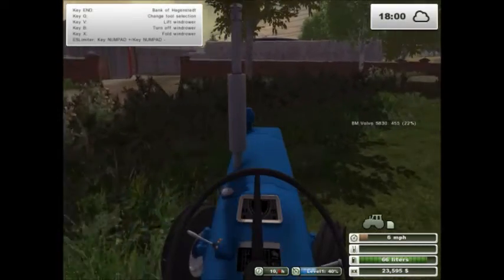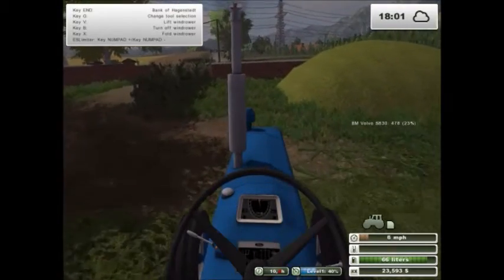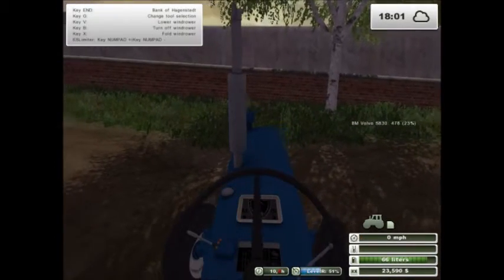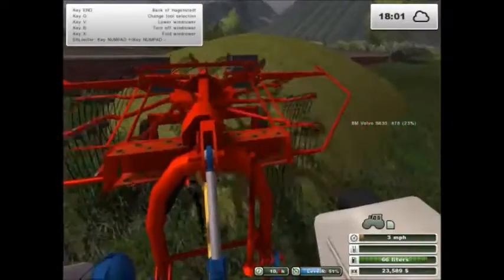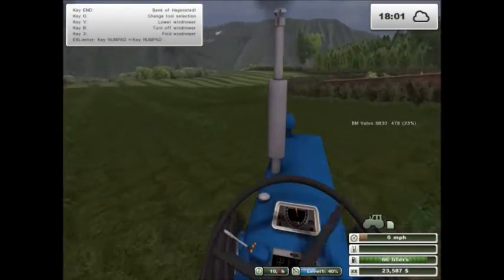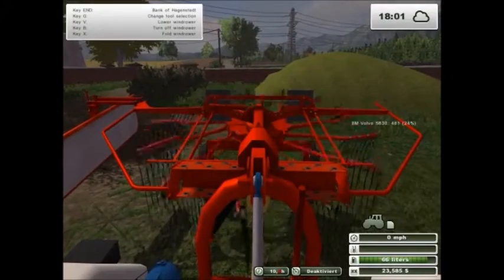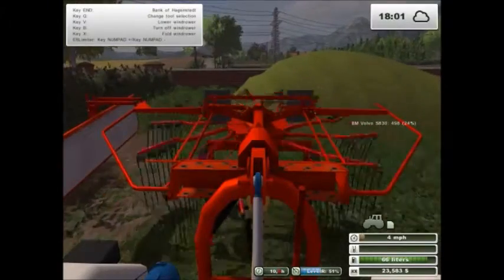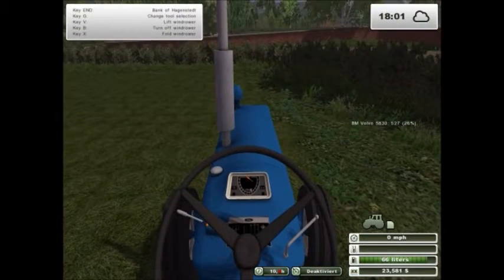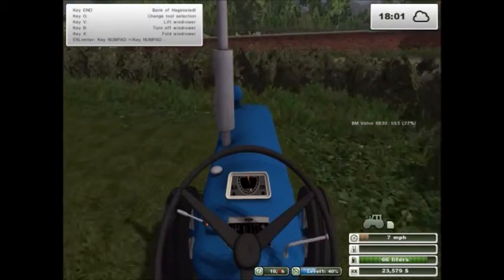Slow down for this corner. Raise it and run right into my grass pile. I want to go around this way next. Just keep it raised up. I want to back it up a little bit over this way and lower it. And let's start off in first gear. We don't have to be right on the edge for this windrower. It's a little bit wider than the tractor, so